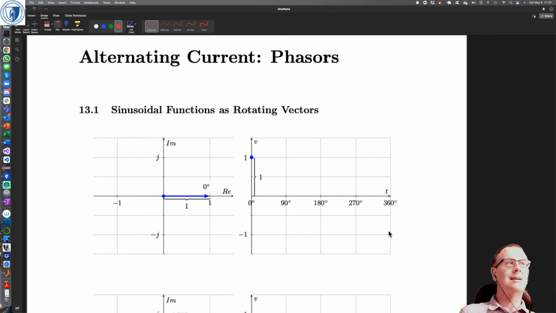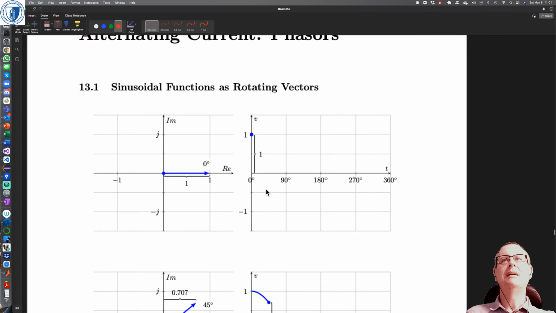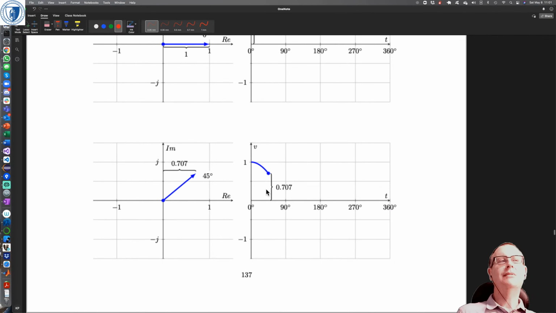So its magnitude is 1 and its angle is 0 degrees, right? And then we can look at the same magnitude 1 phasor, but this time the angle of 45 degrees to the real axis,